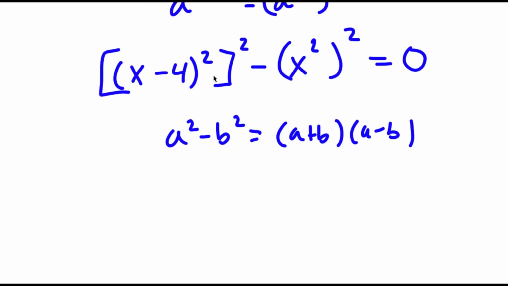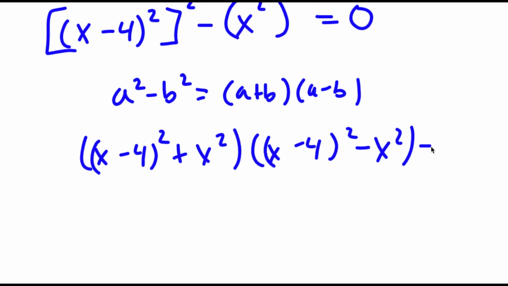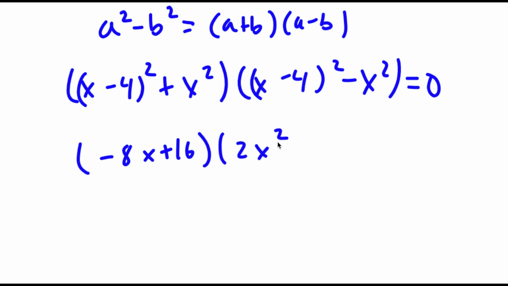So (x − 4)² to the power of 2 minus (x²) to the power of 2, that's going to equal (x − 4)² plus x² times (x − 4)² minus x². And this is equal to 0. And now if I expand this, I get negative 8x plus 16 times 2x² minus 8x plus 16